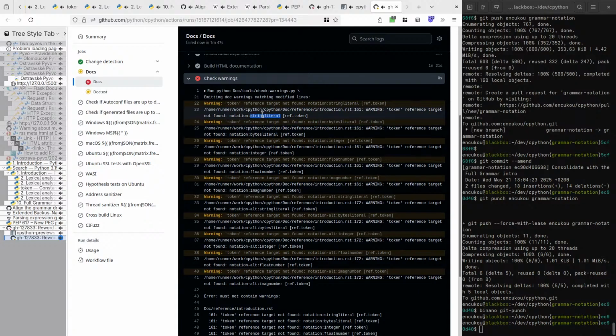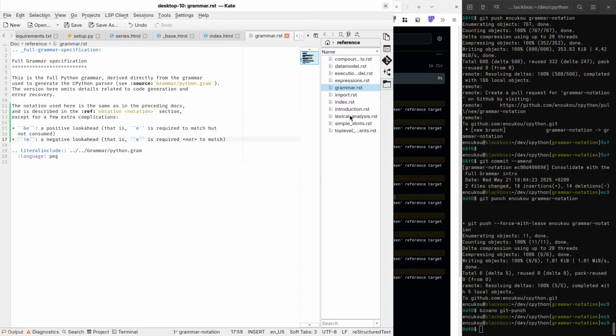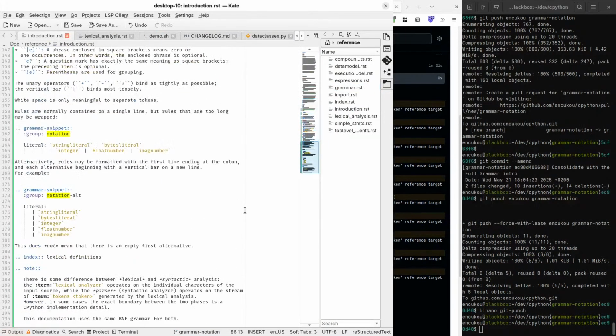Oh, I need to define all of these. No, I don't. They're just examples. Here, the string literal and so on are not defined anywhere. So I can just not link them.